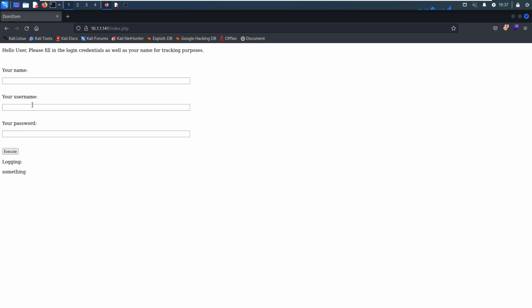So I think the name would be printed out or displayed. Whatever we supply as the name, the name will be returned from the web application. So when I did the machine the first time, I thought maybe this field is vulnerable to XSS vulnerability or cross-site scripting vulnerability. So now we can test it, like script alert hello.